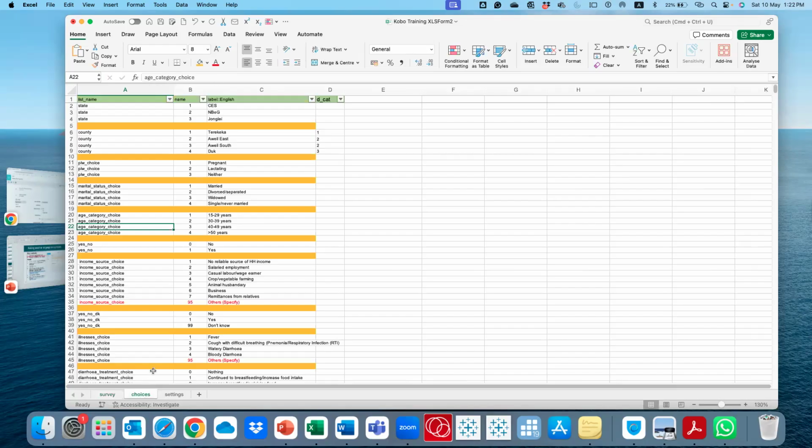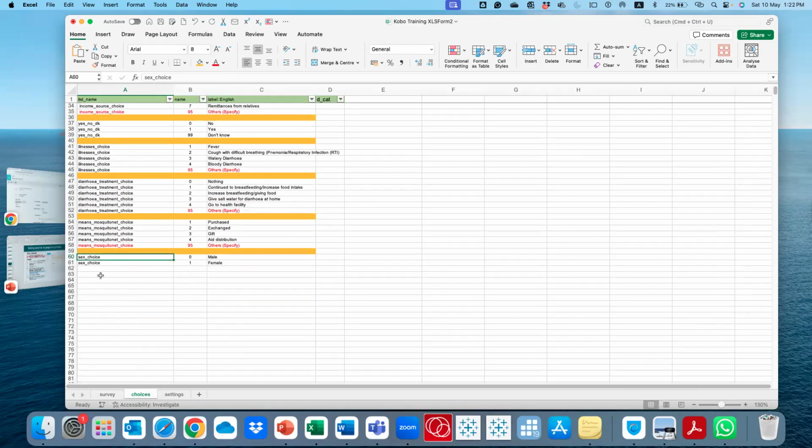So in this case, where is sex choice? It is here. Since we have changed the name, you just remove the word choice here and here. Then we have sex. So when you put that in, KoBo will look at sex and see, okay, sex has two options. Sex is either 0 or 1, which is either female or male.